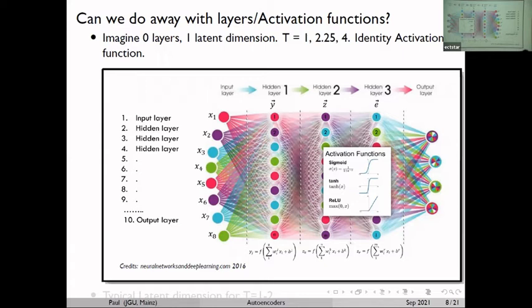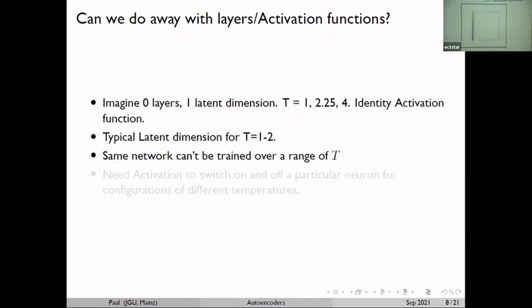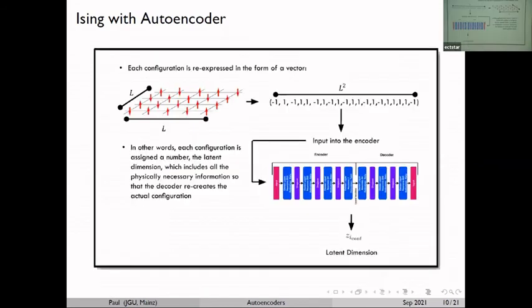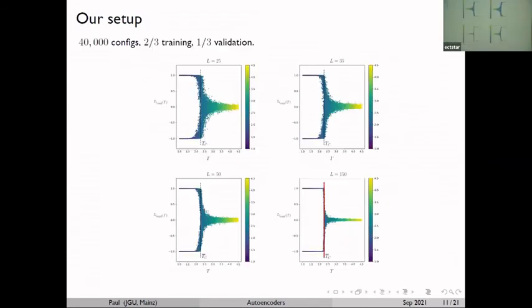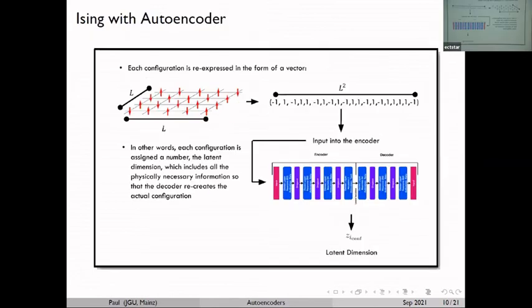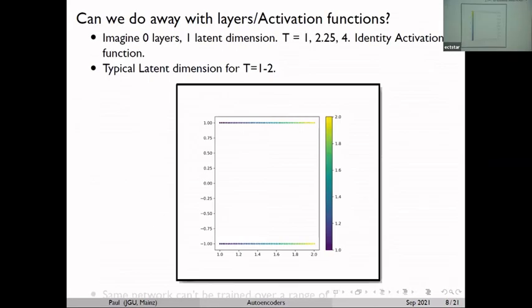So there is no such issue of having multi-valued functions. But the latent variable doesn't take just 1 or -1. Yes, it depends on the volume, and it takes a range of values. As I showed you, the latent variable, once you train for 1 to 4.5, this is a latent variable. So it's not just 1 or -1, it can take a range of values depending upon which temperature we're looking at. Maybe it's the other plot where you are only looking. Ah, I see here. So this is, if you train for 1 to 2 temperature range, then